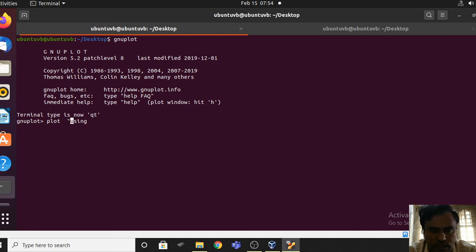So from what file you have to plot? dataQ.txt file using columns 1 colon 7, 1 through 7, using 1 and 7.